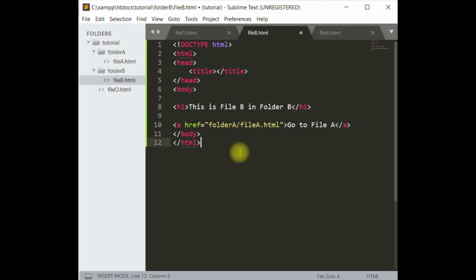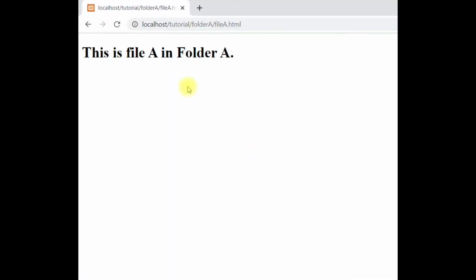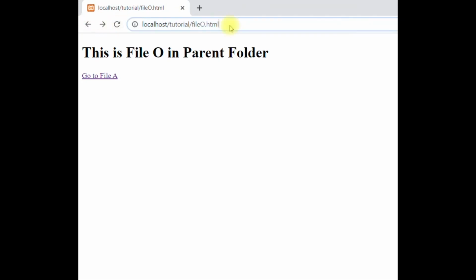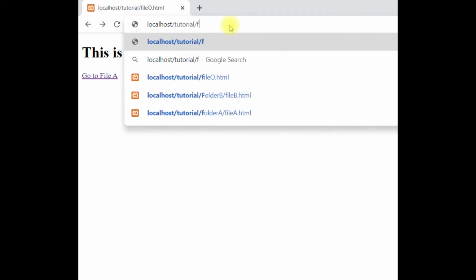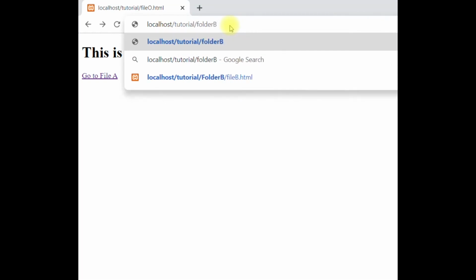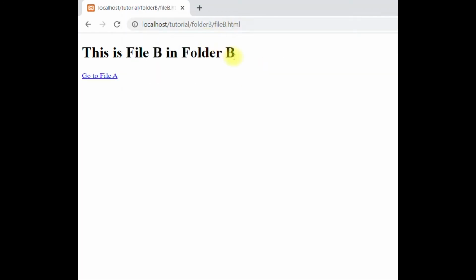in folder B. Now in case we are in the folder B, suppose we use this path, then we will get the error message. So let's see that also. We have to first write here folder B and then file B dot html. So we are in the folder B with file B. Now we want to go in file A, which is available in the folder A. So we have to change the folder. So now if we click this, definitely we will get the error message.